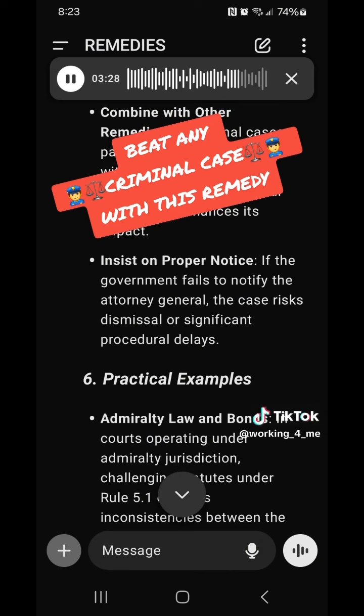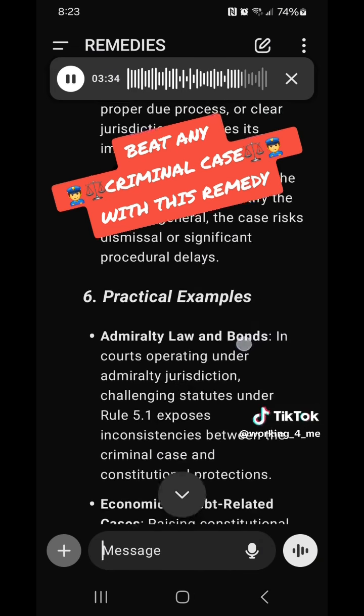If the government fails to notify the Attorney General, the case risks dismissal or significant procedural delays. 6. Practical examples. Admiralty